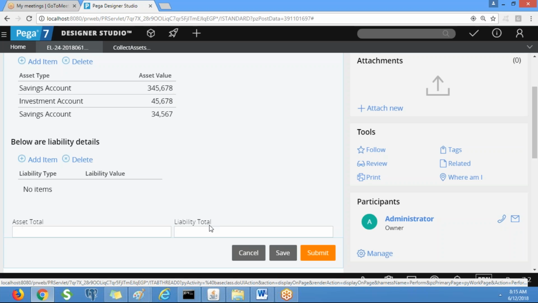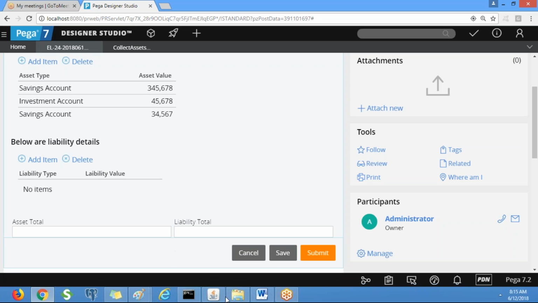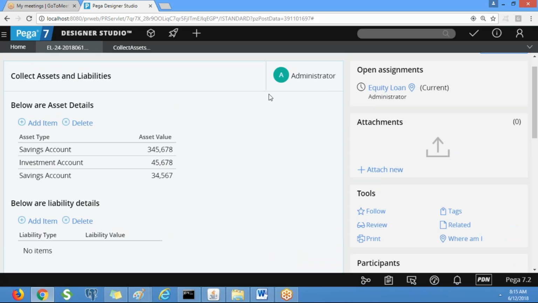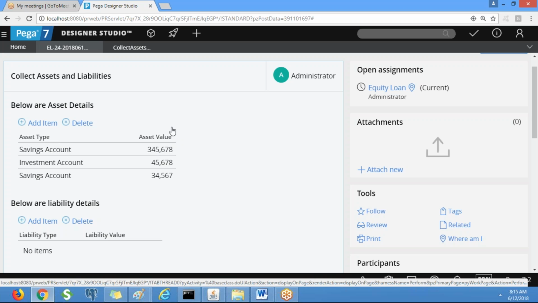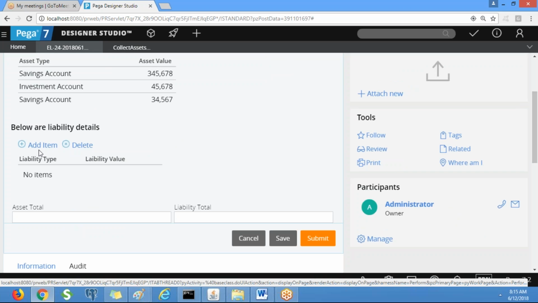Asset total and liability total are target properties, and the input properties are asset value and liability value, not type, right? We don't need to consider that. We are calculating the sum of asset and the sum of liability. So now we can write declare expression on the target properties.